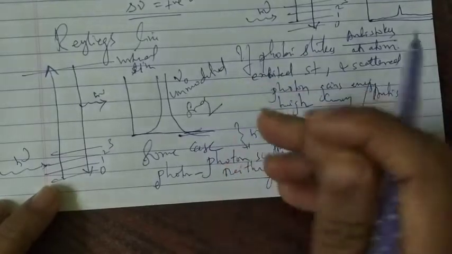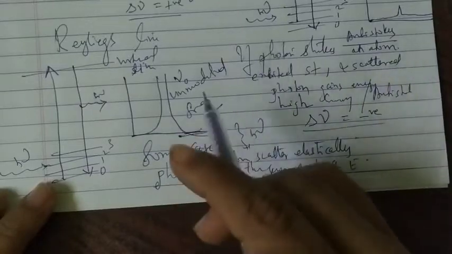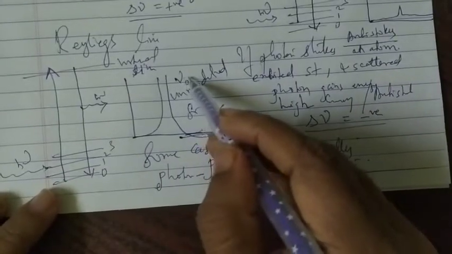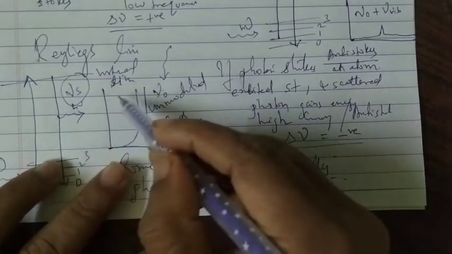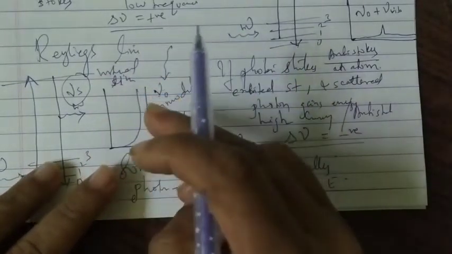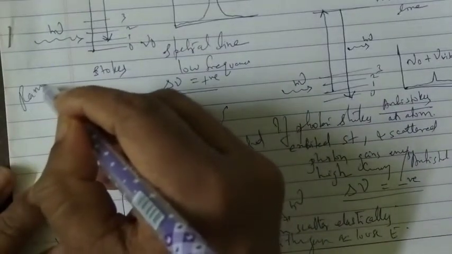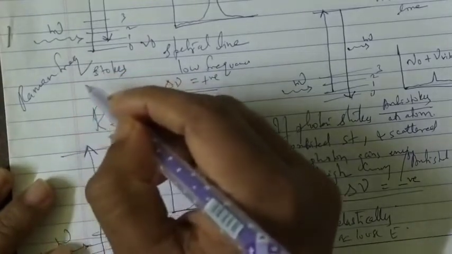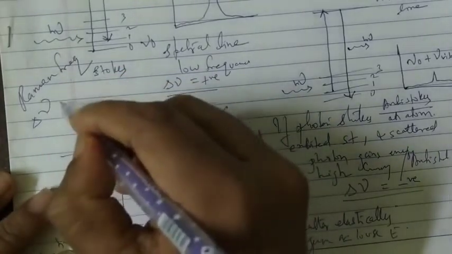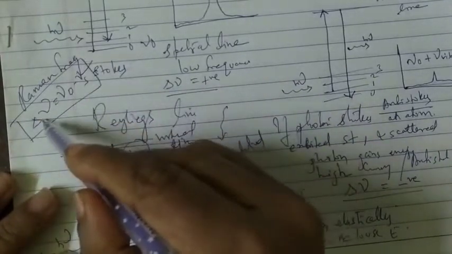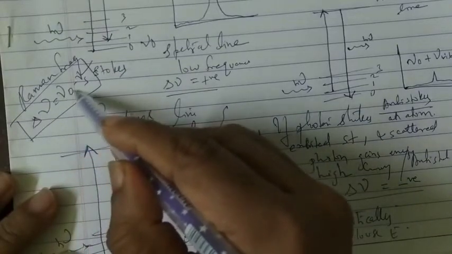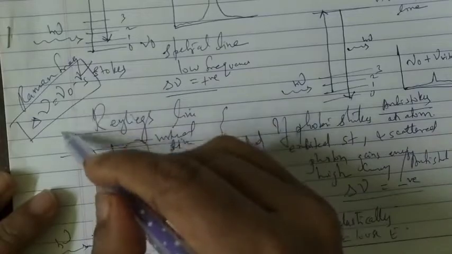The spectral line will have unmodified frequency, and if nu naught is the frequency of incident light, and nu s is the frequency of the scattered radiation of a given molecular sample, then as per the Raman frequency or shift, del nu in this case is given by nu naught minus nu s. So this is how the Rayleigh line works.